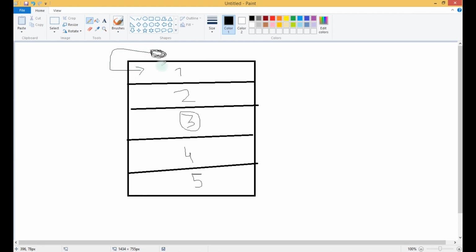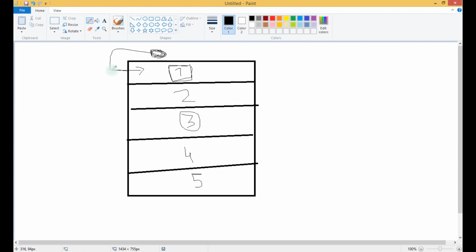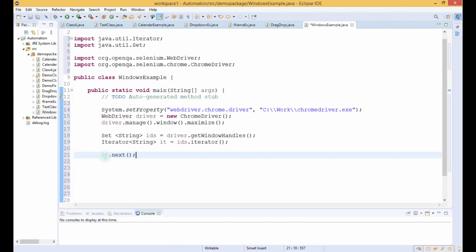So it will go to the first window handle that is present in the set, and if we use it.next() again, then it will go from the first one to the second one. We have used it.next(). We have to save this in a string, String. Let us name it parentId.